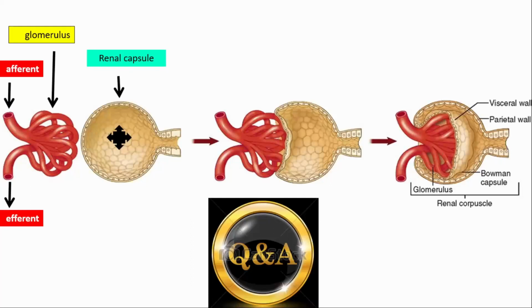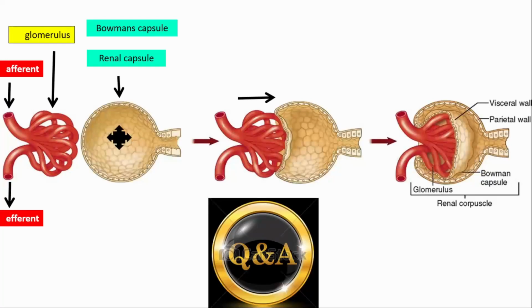This cavity is lined by simple squamous epithelium, and it is also called Bowman's capsule. What happens next is that the glomerulus is going to invaginate into the renal capsule, just like when the heart